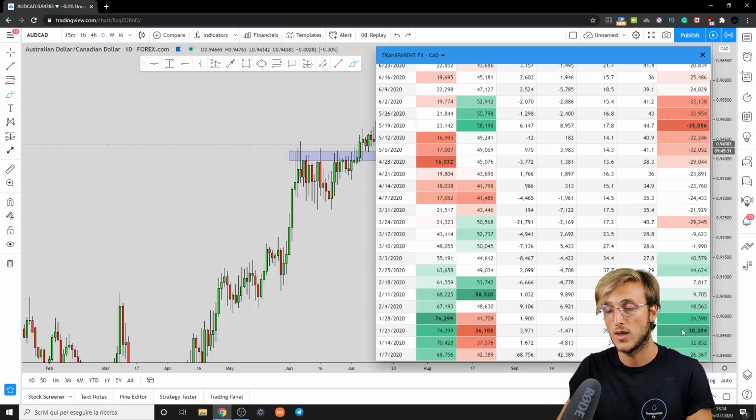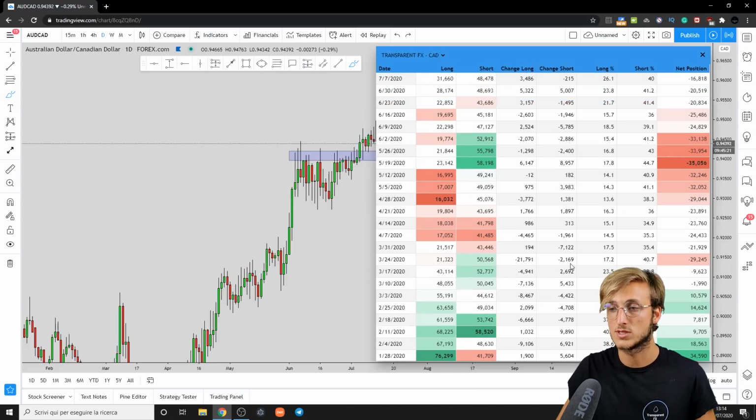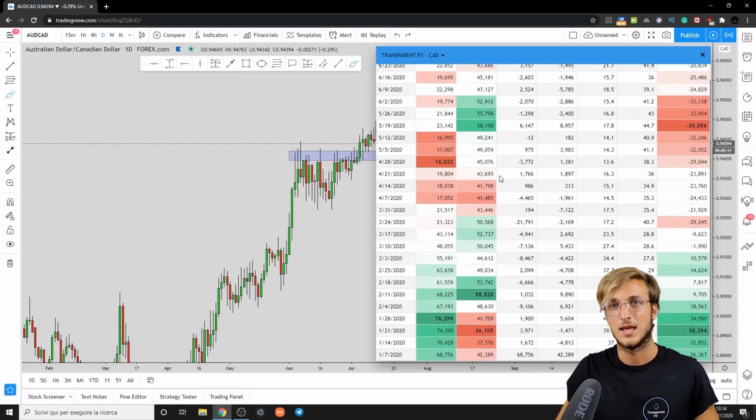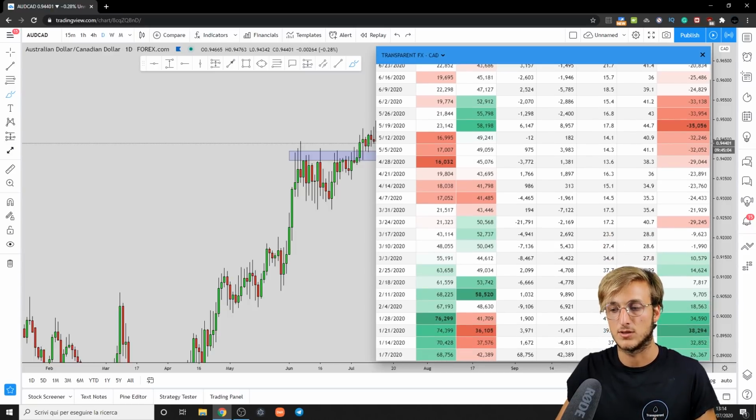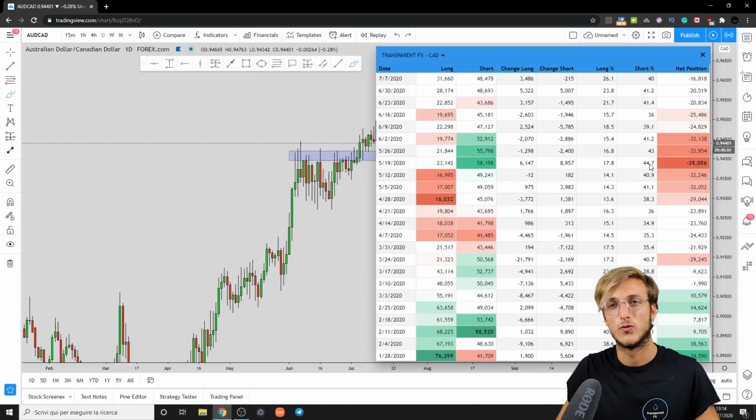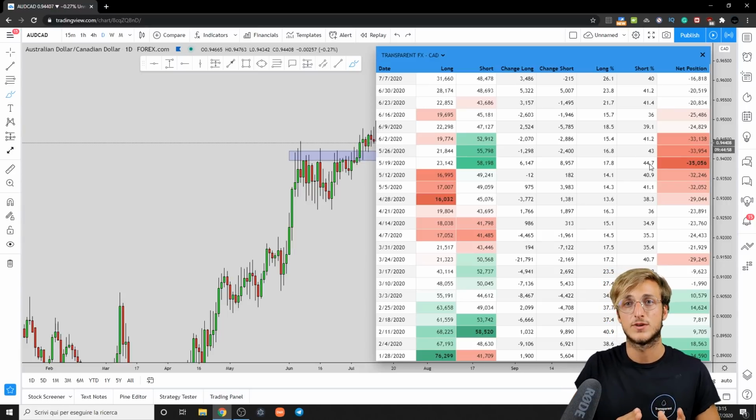we can see that we went from having way more longs than shorts with 38k net positions, so 74k longs and 36k shorts from an institutional perspective, to a situation where we have way more shorts than longs with 23k longs and 58k shorts. So basically a clear shift to the negative side with a short exposure, okay, increasing from 19% all the way to 44%. So clearly hedge funds have been shorting the CAD,